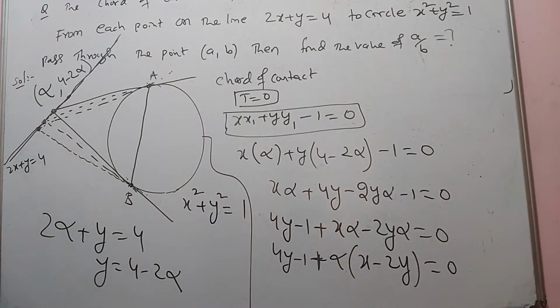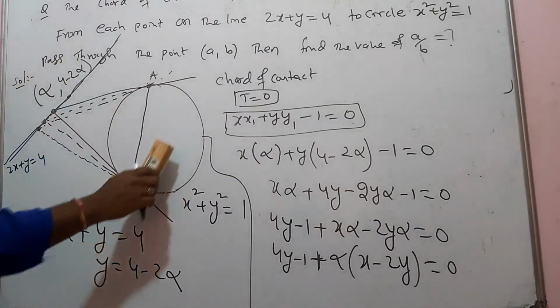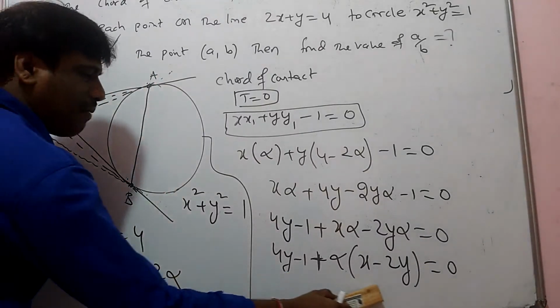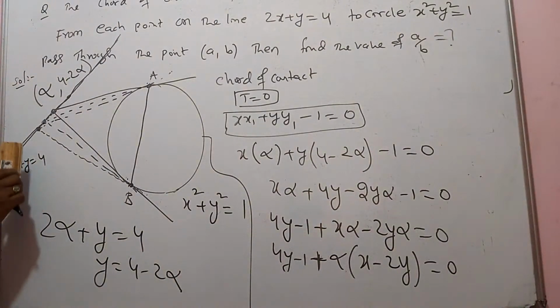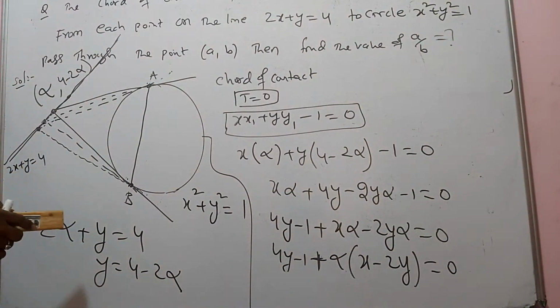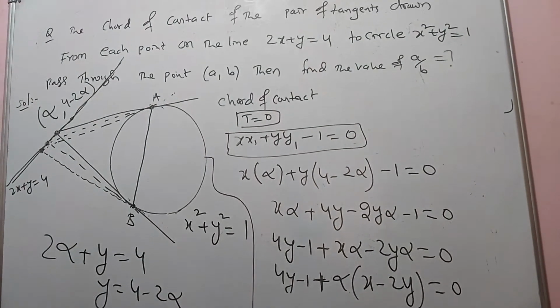So this concept you have learned in class 11, the straight lines topic. In straight lines, it forms a family of lines. In the same way you are going to learn family of circles also in future. So here I just want to repeat once again, for those who have joined late, so you can understand this question.